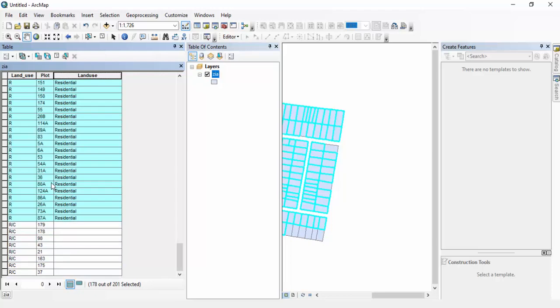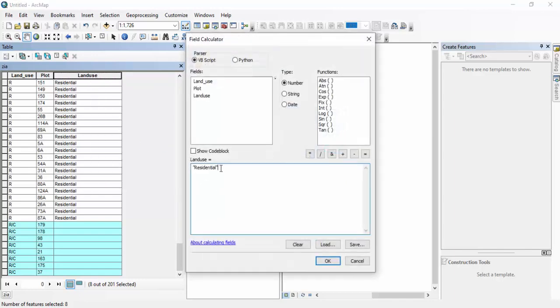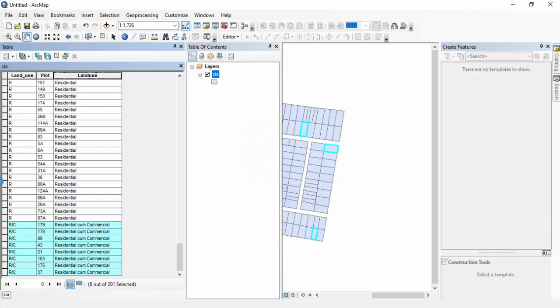This is residential now, and the last one is residential commercial. This is the combination of residential and commercial. So we are going to put residential commercial. Now we are going to press OK. So now you have seen the data we have entered is now in the open attribute table. This is the quickest method. You can save your data easily by just using your information. You can even use your plot number, for example, in sequence as well.